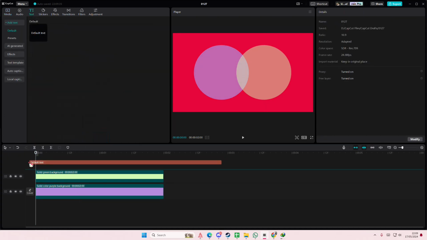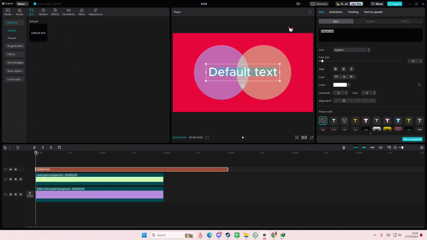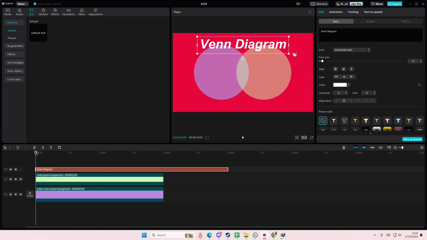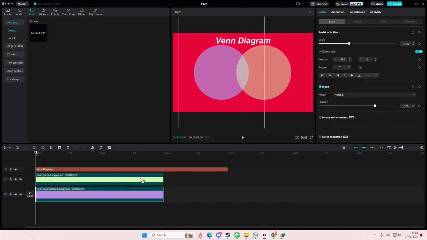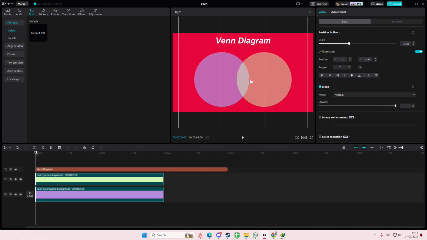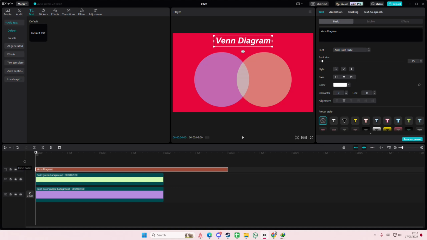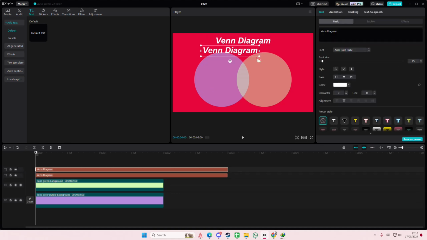Grab your text, add in your default text, and type in Venn diagram. You can also select the font here, of course. Add it like this. I'm just going to select both of them, and I'm just going to make it go down a little bit. Copy and paste your text,